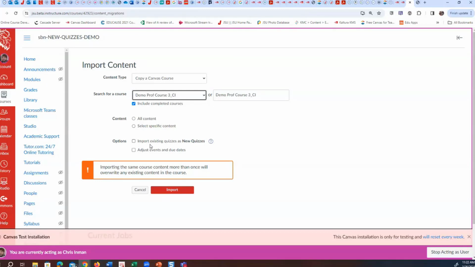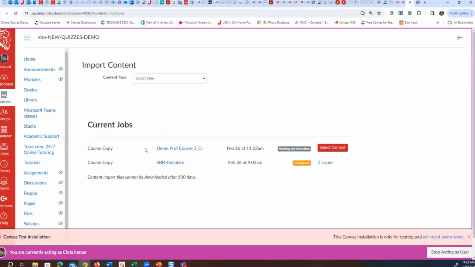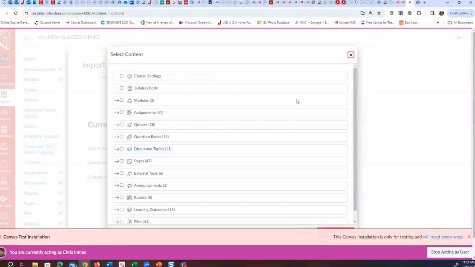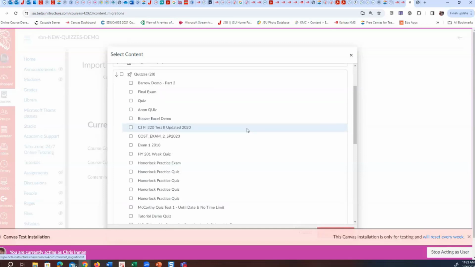It says import existing quizzes as new quizzes. Okay. So I'm going to go ahead and select that, and I'm going to pull in one quiz. Let's select specific content because that's what I want. I'm going to import. It'll load. Select content. And let me find the quiz that I want to pull in. Let's pull in